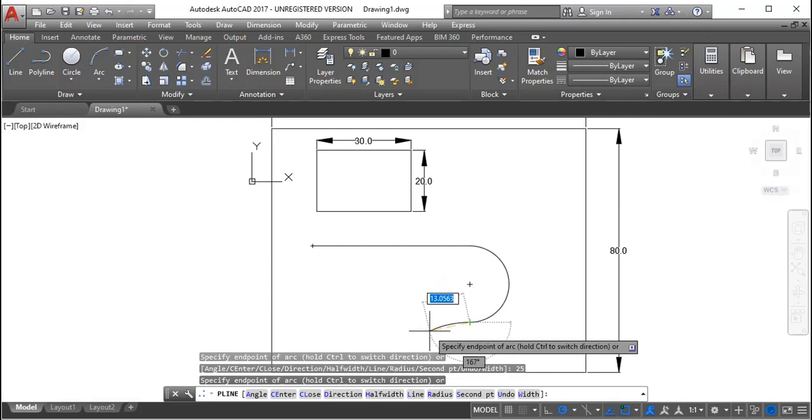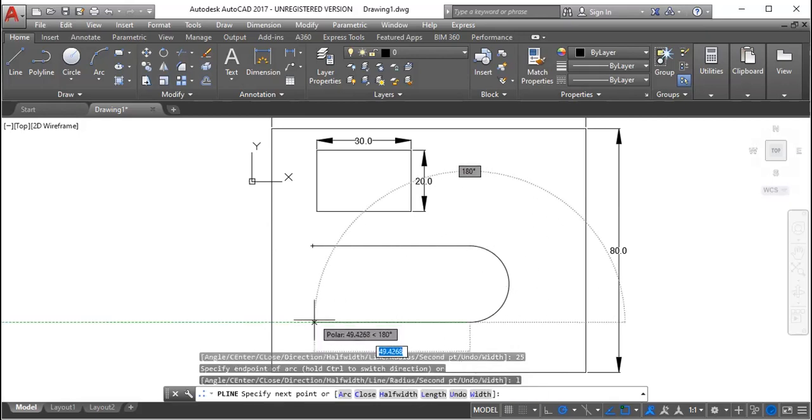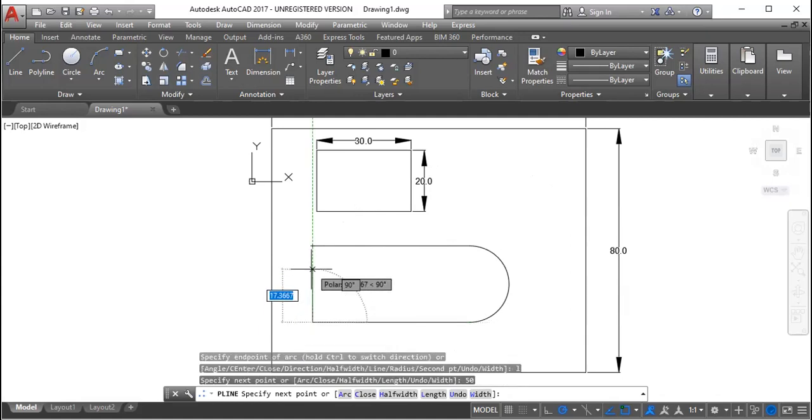So I need to change back to line. If I want to change back to line, I will type L and press enter, okay? So this is for line. And I'm also doing another 50 of my line. And then I want to close by typing